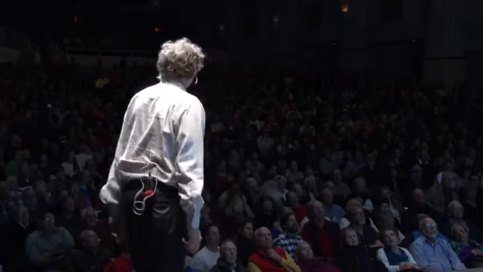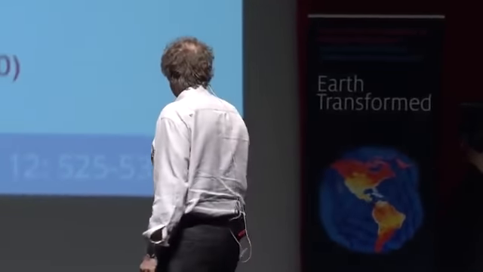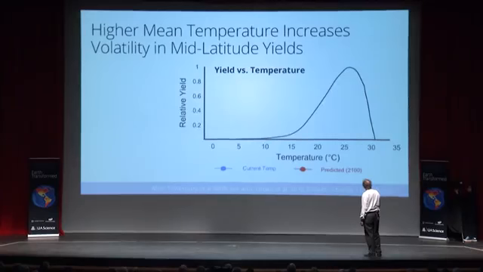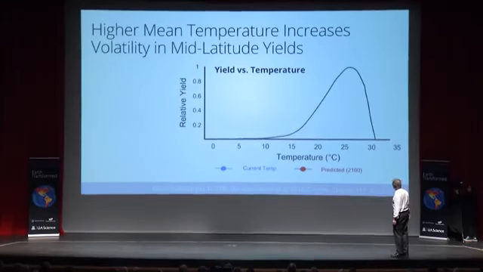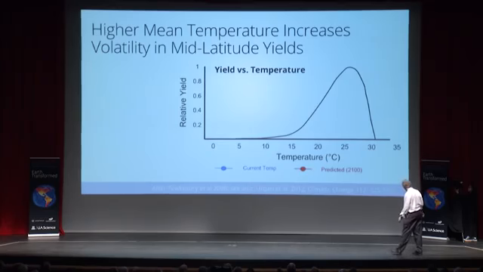But for most plants, it's about 26 or 27 degrees Celsius that is the optimal temperature. And if you get colder than that, it's not so good. And if you get warmer than that, it's not so good. And pretty much all things have this asymmetric curve where once you start getting warmer, it drops off really, really fast. And there's good reasons for this that have to do with basic physics, and biophysics, I should say.